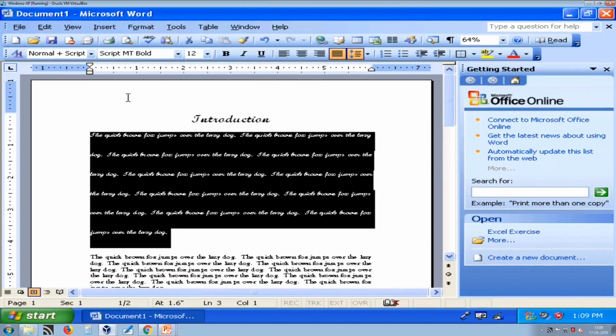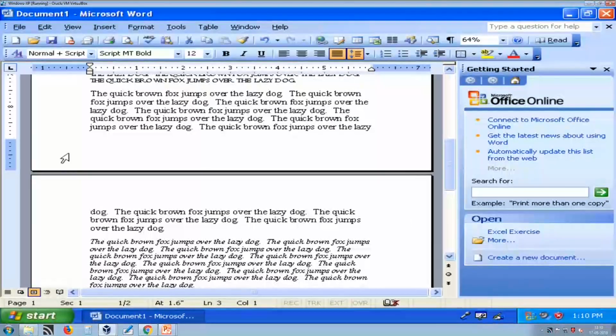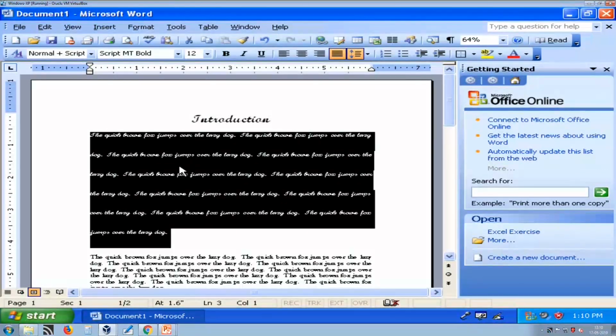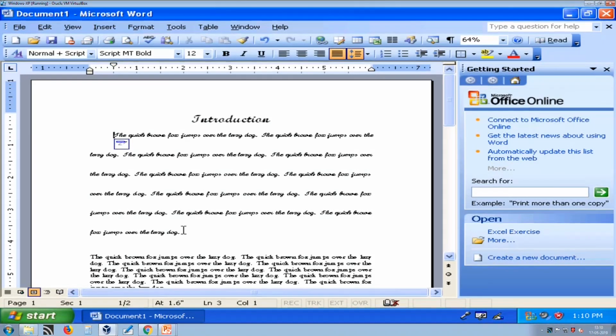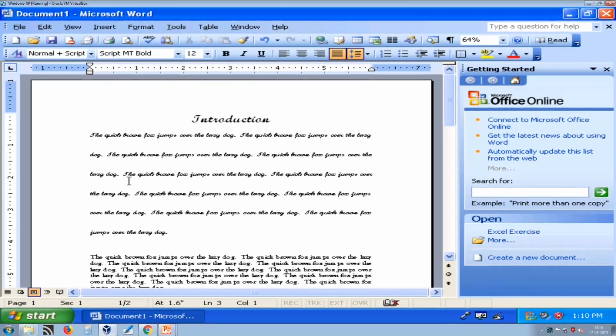This is the left margin, this space is the top margin, this is the right margin and this is the bottom margin. If you want to provide more space, for example here I want to provide something like this, then it is called indentation.